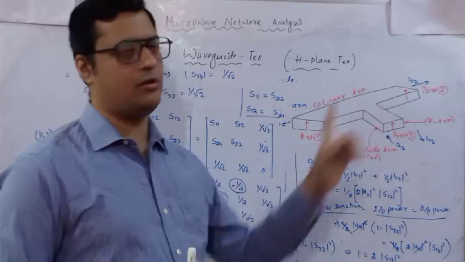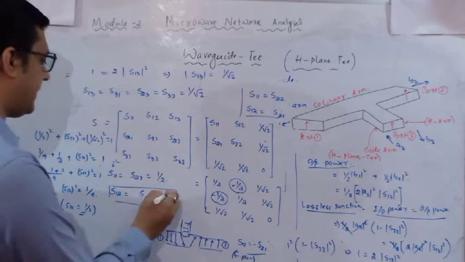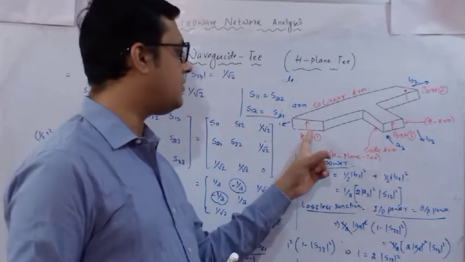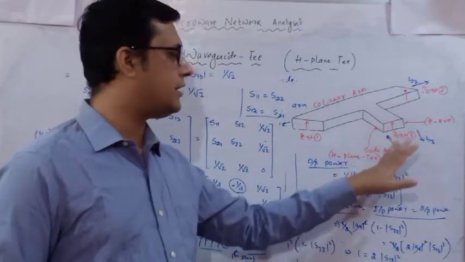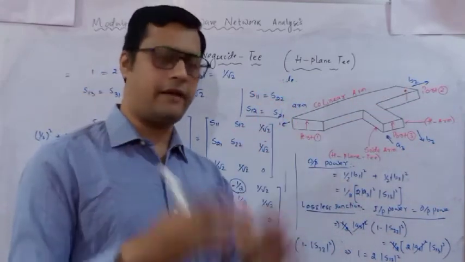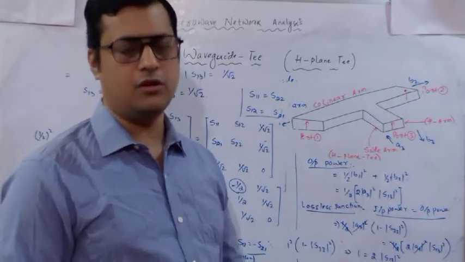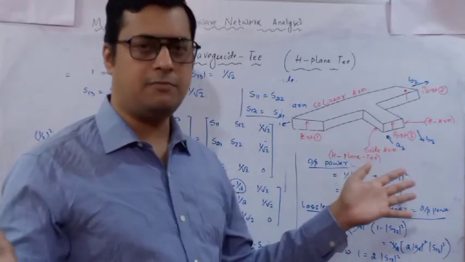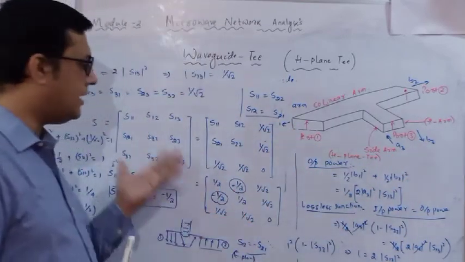The port 1 and port 2 relationship is out of phase. So magnitude is same but direction is minus. So the phase shift is a negative quantity. But with respect to port 3, port 1 and port 2 are in phase. Suppose in port 1 and port 2 we give the same magnitude and same phase, then at port 3 we get the additive value. Port 1 plus port 2, additive value is available. Similarly, if you feed the power at port 3, equally split power is available at port 1 and port 2.